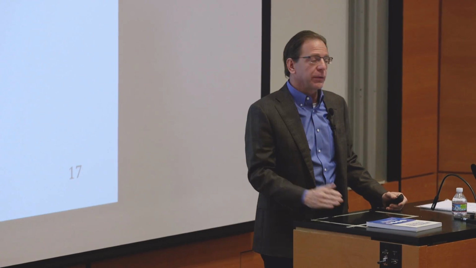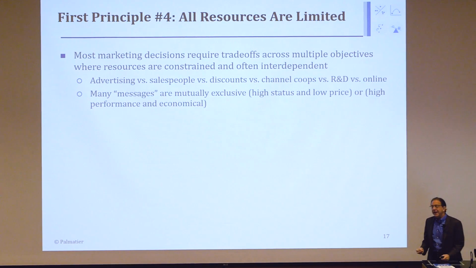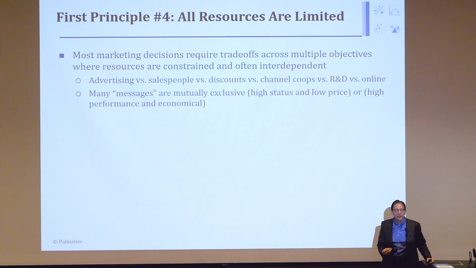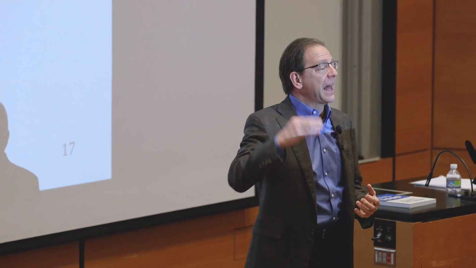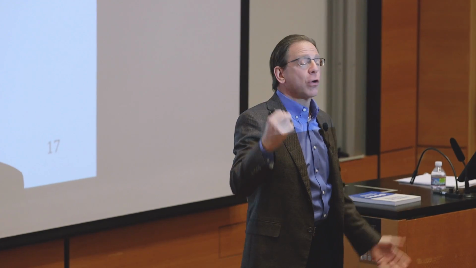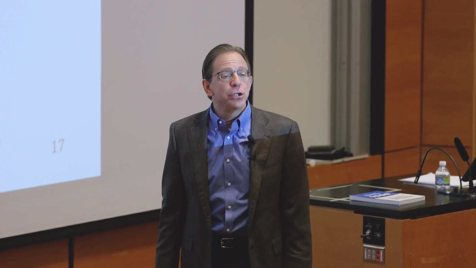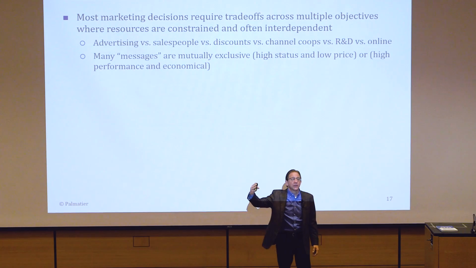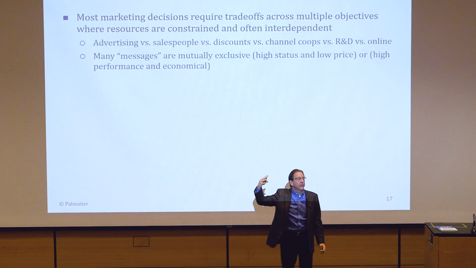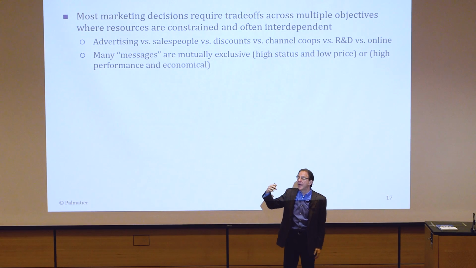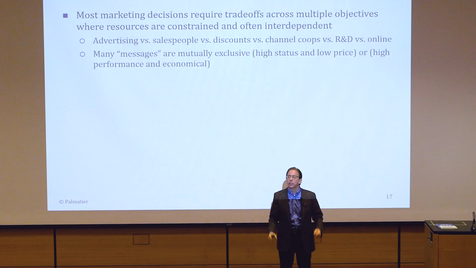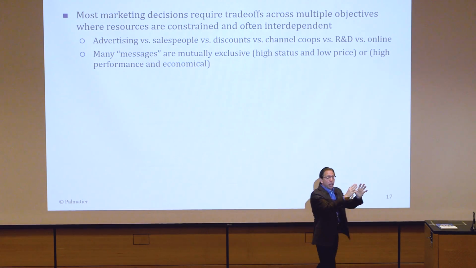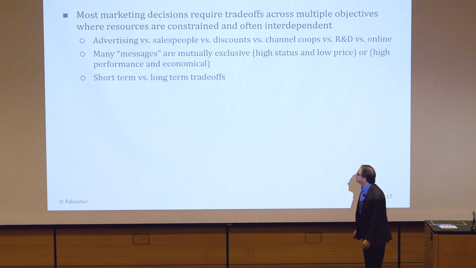So how do you decide where to spend your money? In some cases, it's not just a money trade-off, it's a message trade-off. Do you think as one firm, you can be seen as a high-status brand and the low-cost provider? Let's think of Tiffany jewelry. Very expensive, and a high-status brand. Could they all of a sudden launch some products at the low end? Don't you think that would hurt their high-end brand? So very often it's hard to do two messages. You have to decide your target market and have one message for them.